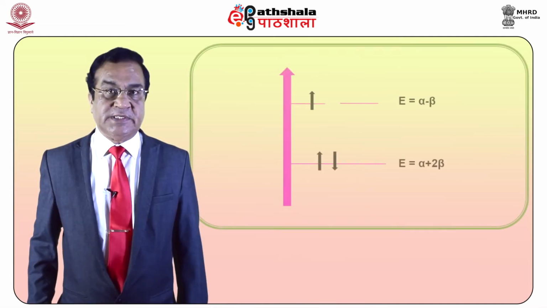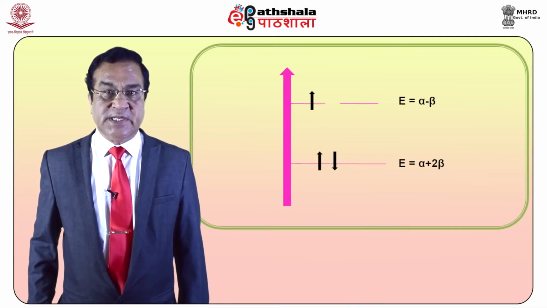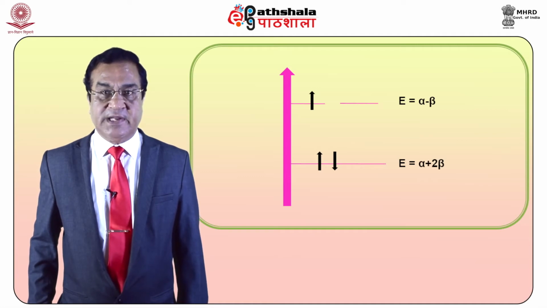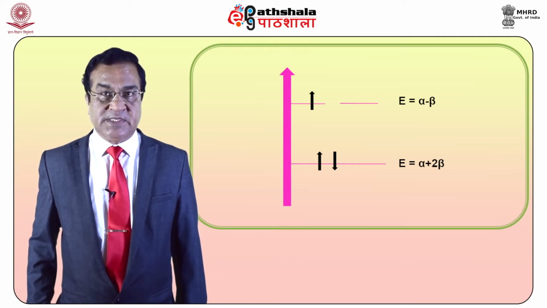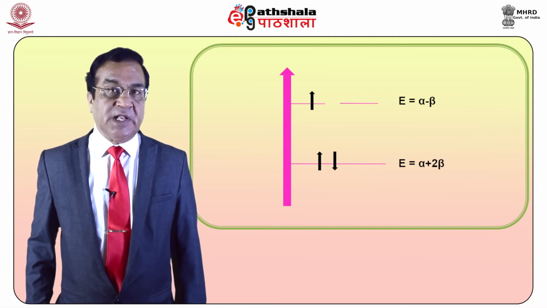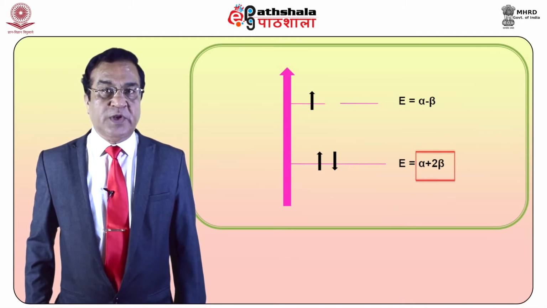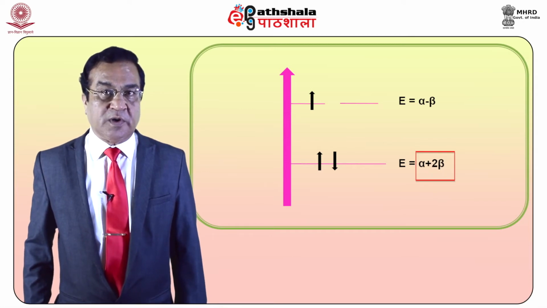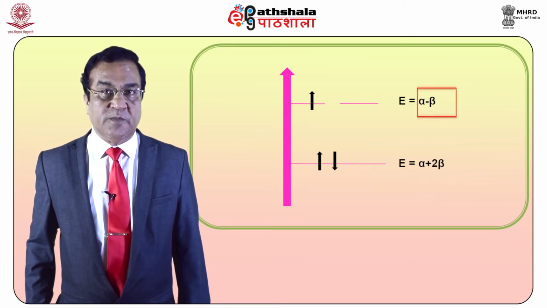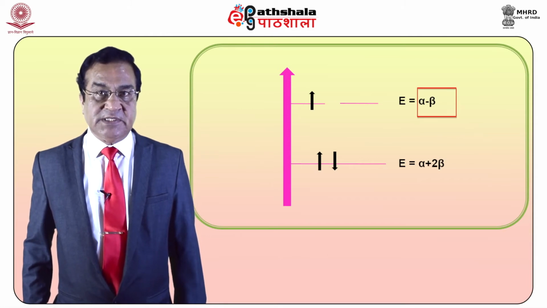After having calculated the energies of these molecular orbitals, we can draw the HMO energy level diagram for the cyclopropenyl radical. As you can see, there are 3 pi electrons, and the lowest molecular orbital has energy alpha plus 2 beta. So this molecular orbital will have 2 electrons, and the remaining third electron will be accommodated in the molecular orbital with energy equal to alpha minus beta. And this has 2 levels.